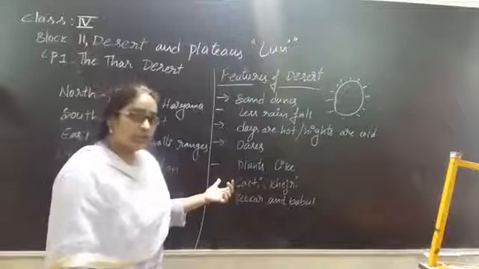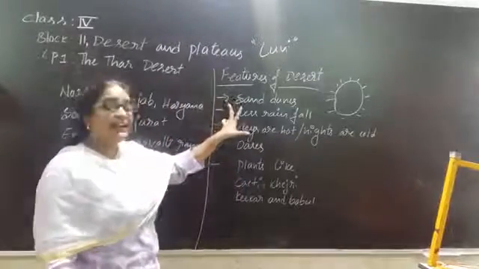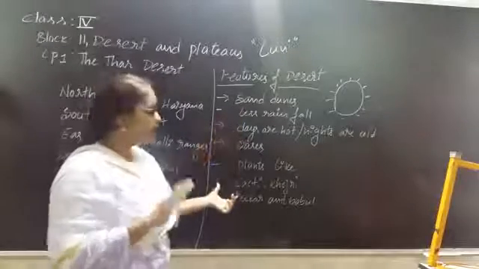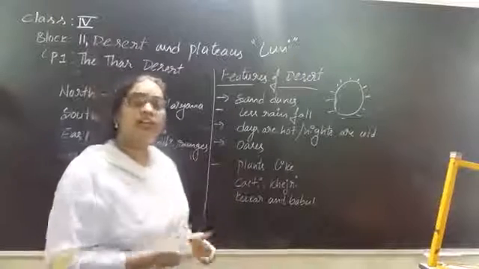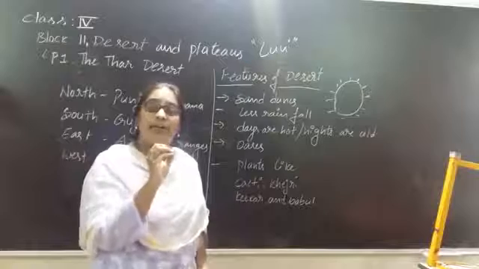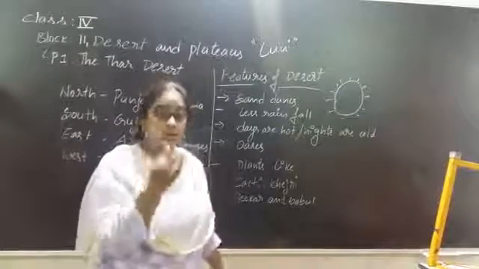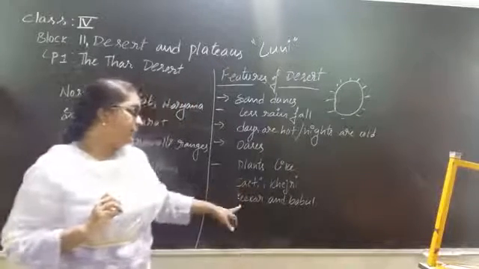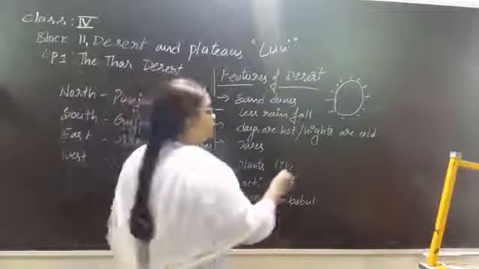That's why, can we grow a lot of plants and a lot of crops here? Can we? No. Because the land is filled with sand, and because of less rainfall, we can't grow all kinds of crops. Then what kind of crops can we grow here? The plants which depend very little on water, that means the plants which don't need much water to grow. Only that kind of plants we can grow here. Those are cacti, kedri, kikar and babul. These are plants which have thorns on them.